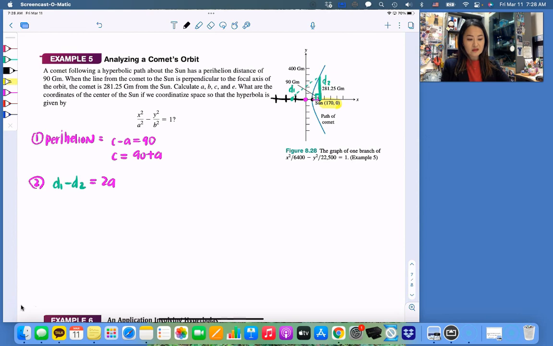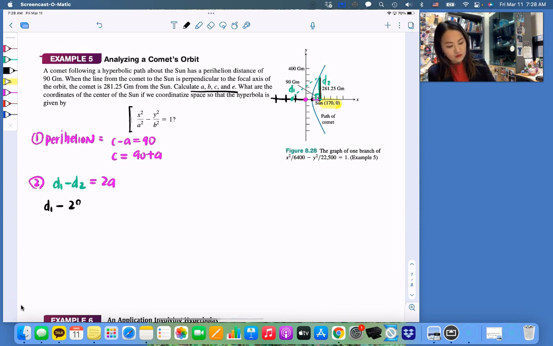Let's see what else. Okay, so you guys, don't we know, they tell you that distance is 281.25, and then we have to calculate A, B, C, D, E. And ABCDE follows the hyperbola standard form, okay? And we've got to get it in this form. All right, so let's try this. But we already know D2. Isn't D2 281.25? That means